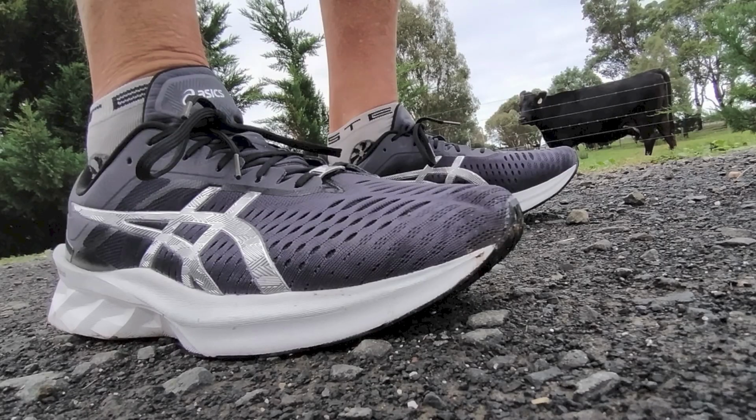I should have gone for a shoe which had a little bit more grip. I did take the Asics Glide Ride and the Nova Blast down with me, and either of those 2 shoes would have been much better suited to those wet conditions. I probably should have gone for one of those 2 shoes instead of the Rebels, but I wanted to give these shoes a test out in the speed session, and yeah, it's just one of those things. If I had my time over again, then I would have gone with one of the Asics shoes, but I went with this shoe. So I'm not too disappointed with the overall results of that speed session, considering that,